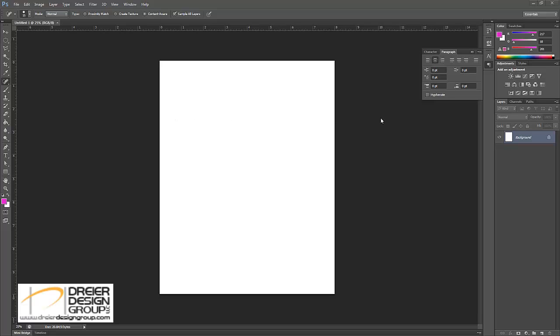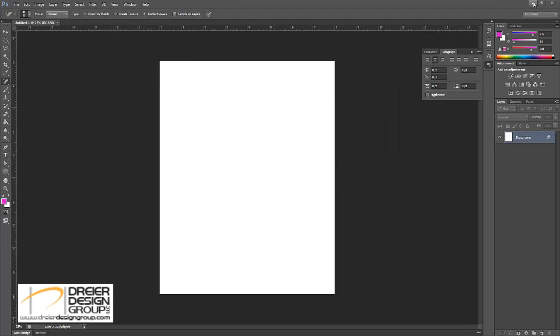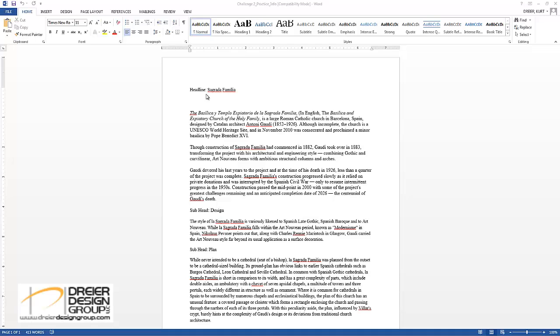Normally I would come down here and make a new layer, but I'm going to add some text. You don't have to add a new layer for text because it's going to automatically do that for you. First, I'm going to minimize this because I already have my Word document up. I'm going to take this headline. It's Sagrada Familia, which is a church in Barcelona, Spain. I'm not going to take the headline, but I am going to take the